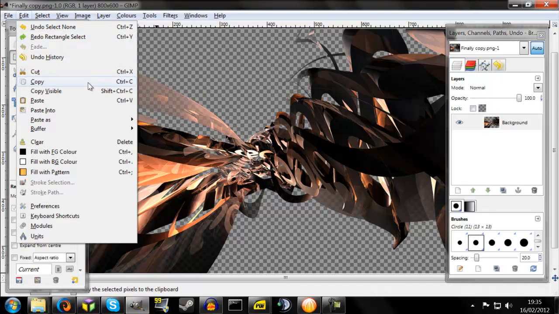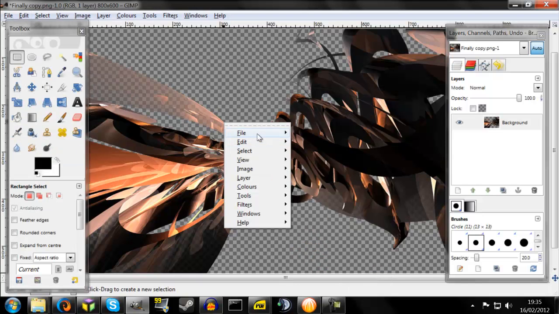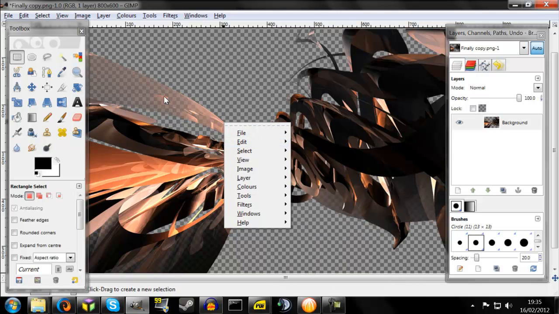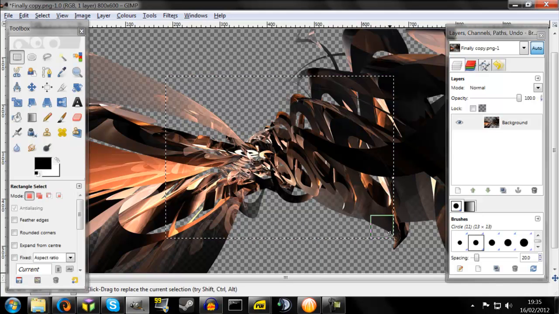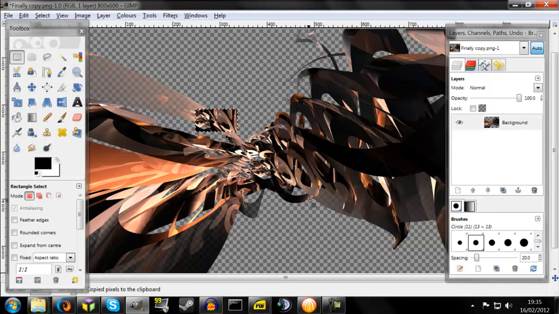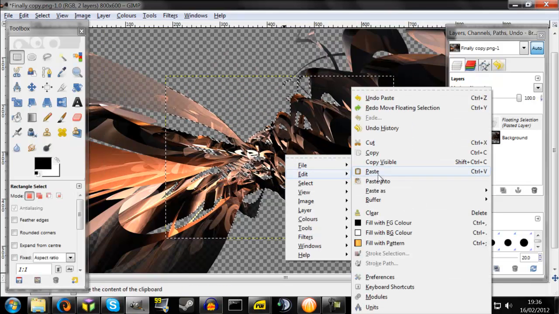Then there's cut, copy, paste, all of this stuff. Now, this is all also available when you right click. So usually when copy and pasting, you'll just press Ctrl C, copy, paste, and then there you go. But if you want to do it manually, then right click as opposed to going up here, because it's just easier. The advantage of right clicking is that you also have this option, which there's no hotkey for, which is